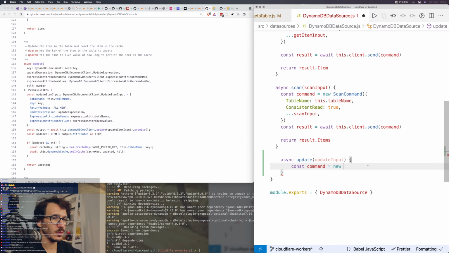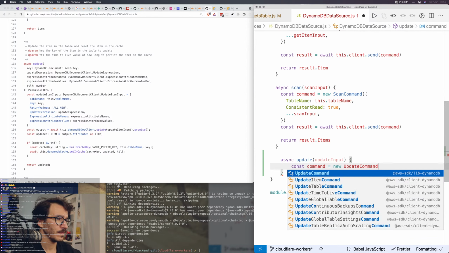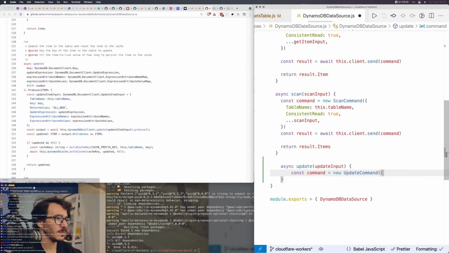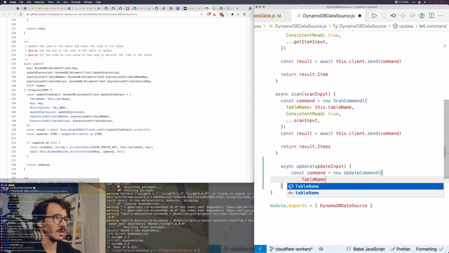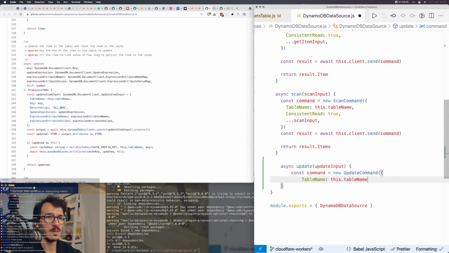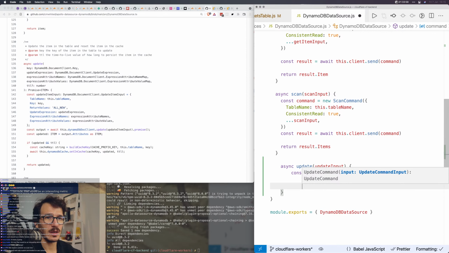Update input equals new update command. Let's see, will I get an auto import suggestion? I know that there's an update command, it must exist. Yeah, there we go. Update command, which gets table name, this dot table name, and it gets,